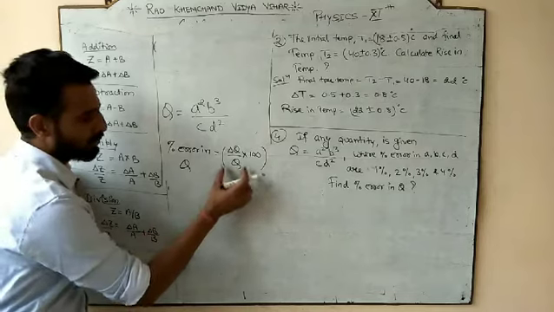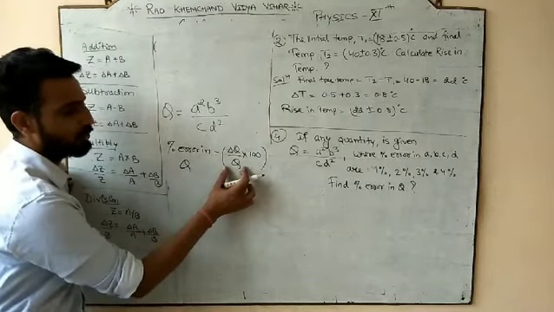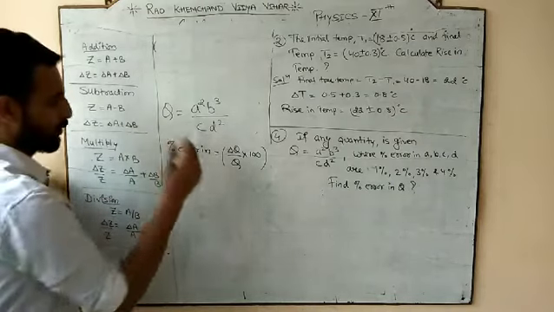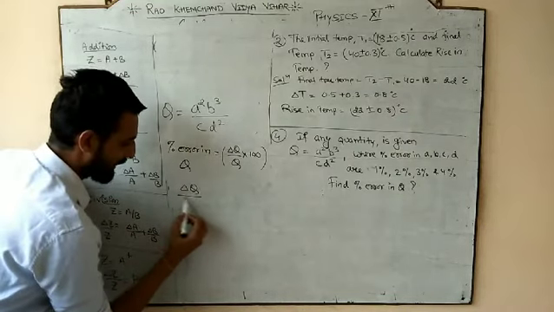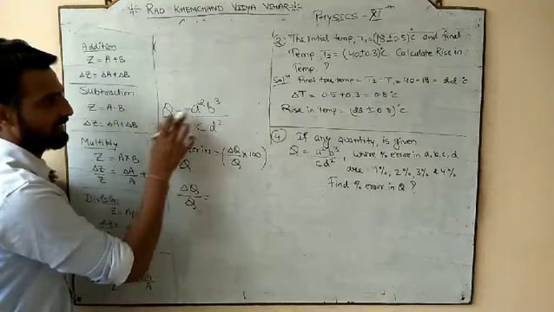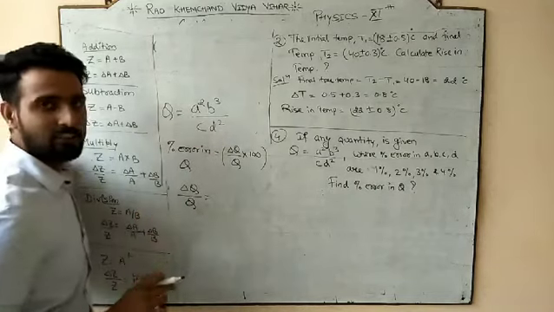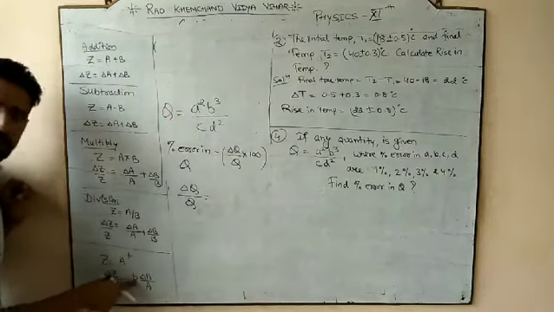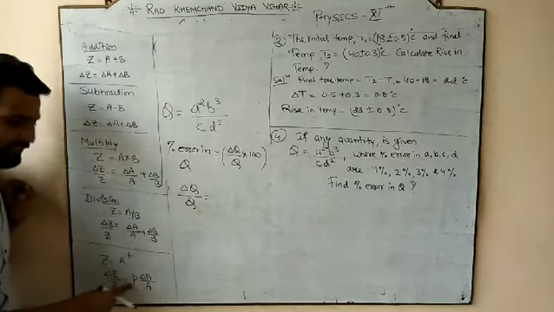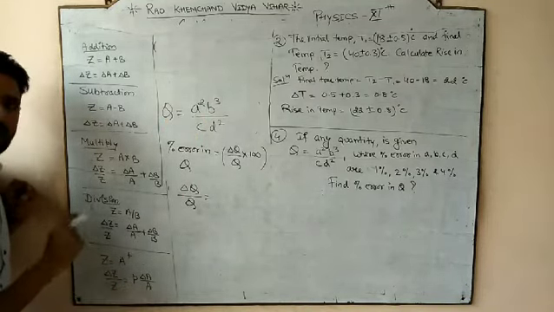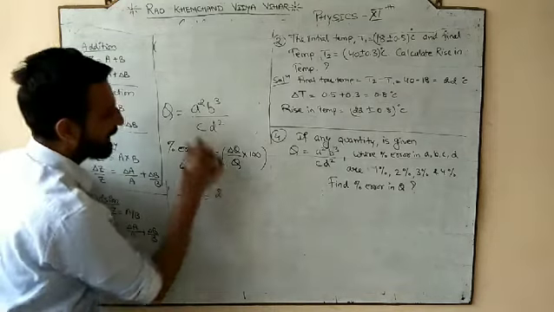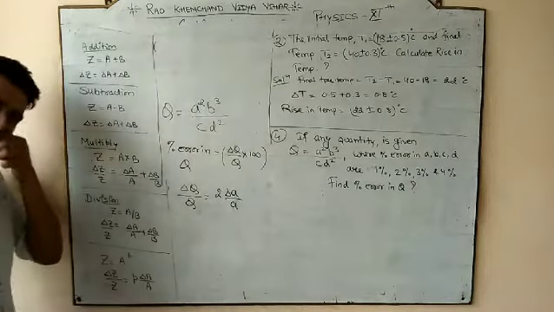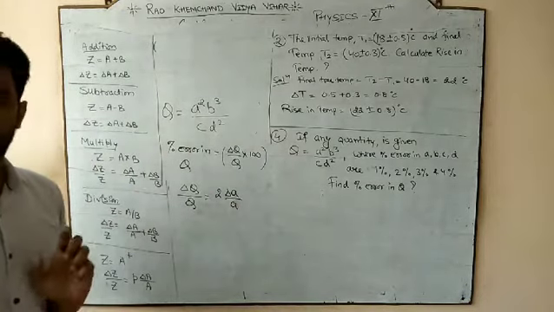So first of all, to calculate the percentage error in Q, we have to calculate the relative error of Q. So delta Q by Q, left hand side. First of all, look at A square, the first term. It is a power formula. How to solve the power? The power would come in front and it becomes the relative error. So the power is 2, and what is left? Delta A by A. This is the solution of A square.